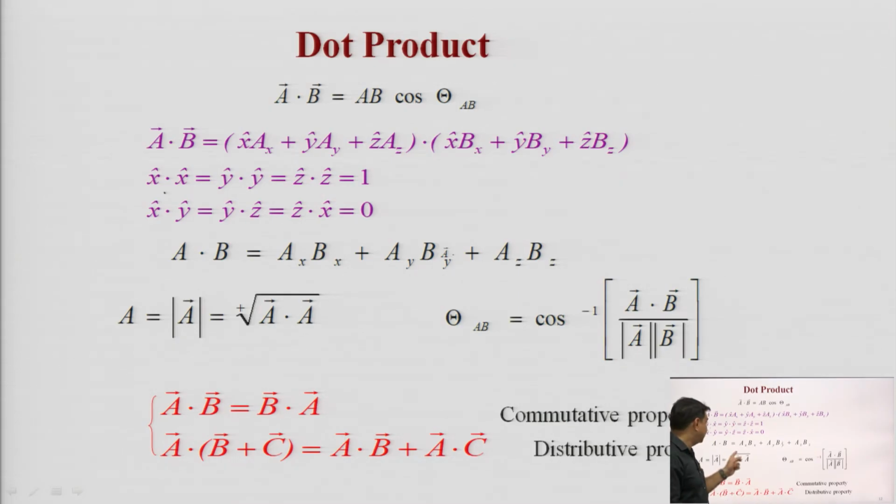It means x dot y, y dot z, z dot x is equal to 0. This is the result in terms of cos 90 degrees. Okay. So I think you can understand the